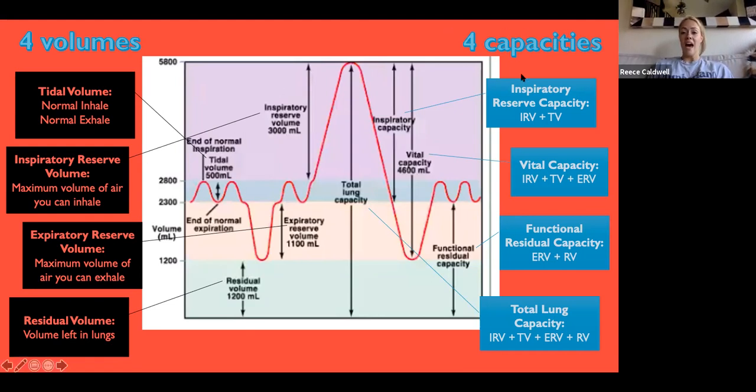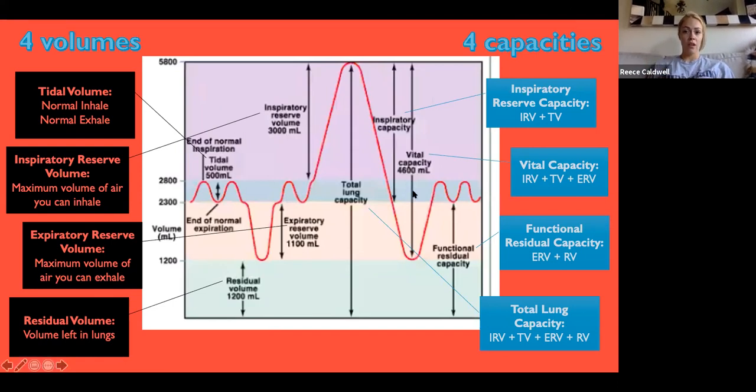Now we have our capacities. So we have 4 capacities. We'll start with vital capacity just because it's pretty important. So vital capacity is looking at how much you can inhale plus normal breathing and how much you can exhale. So vital capacity is looking at our total lung function. It's looking at how much air we can breathe in and how much air we can breathe out, including that